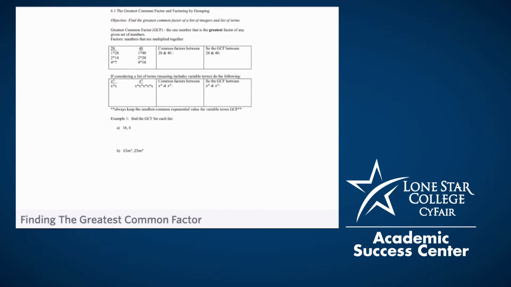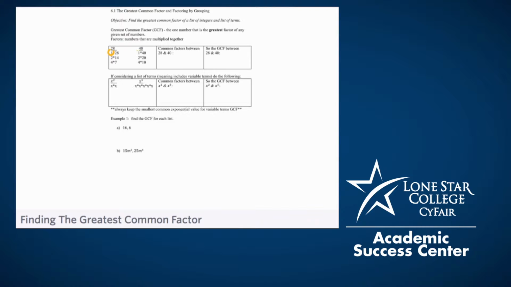For 28, we have factors of 1 times 28, 2 times 14, 4 times 7. For 40, we have factors of 1 times 40, 2 times 20, and 4 times 10. Now, if we pay attention, we see that common factors from both lists are